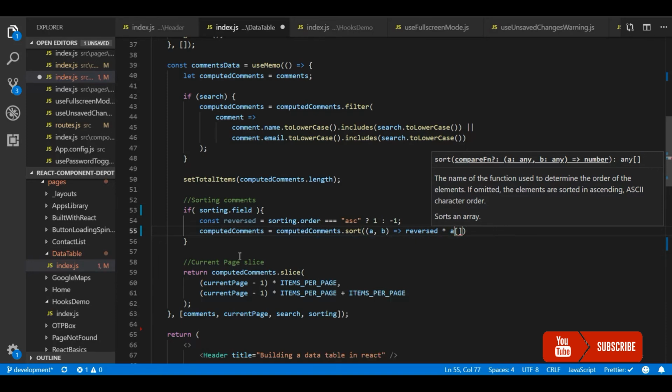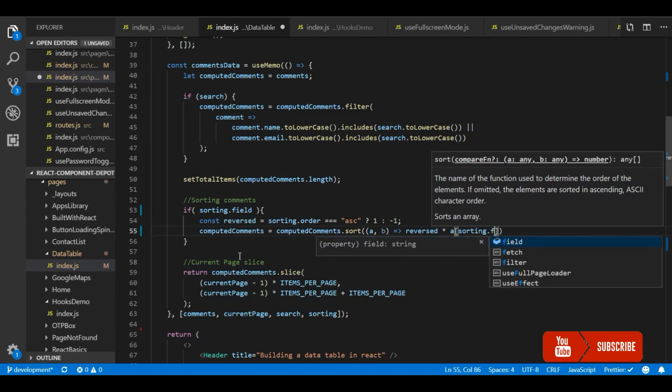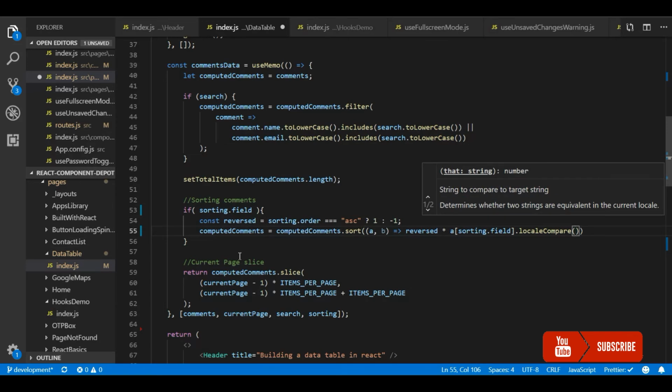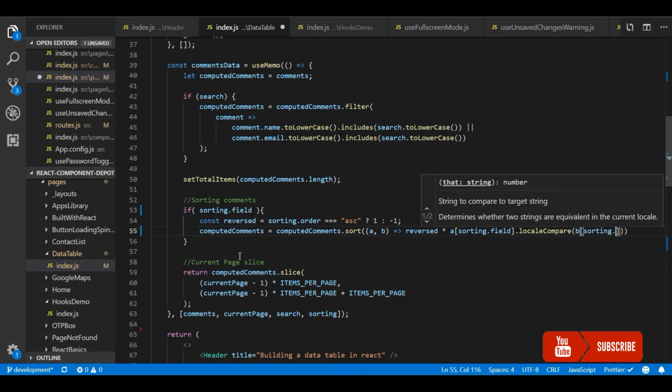Since this field is dynamic, I'm going to use sorting.field, which came from the table header component, and do localeCompare with the field of B. This will automatically sort it. Let's say the sorting field is name, it will only compare the name for each item of the comments, and it will sort accordingly.